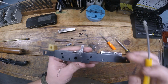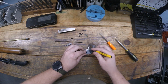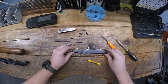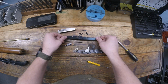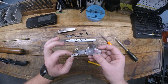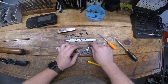There's a couple of E-clips that hold this all together. This particular gun's missing one. I've got some that I'm going to replace here. But just take your E-clip and pop it off there, and don't lose those guys. And this side plate here will just lift up and off of it. And from here you can take your feed ramp and your lifter out. You can take your lifter spring and ejector there,